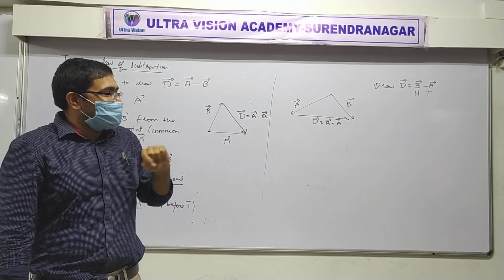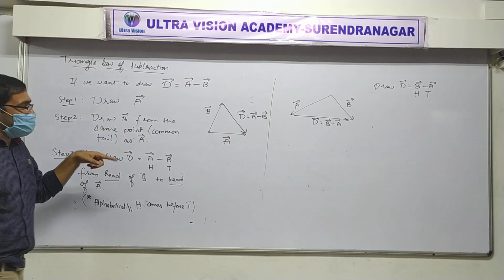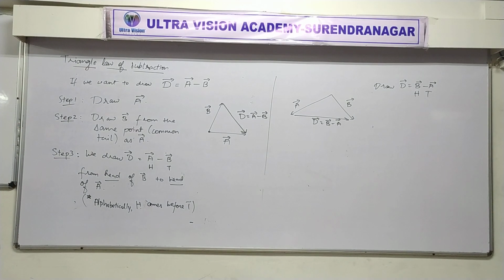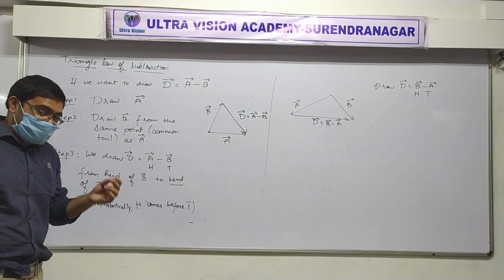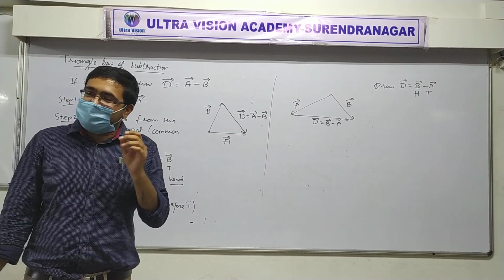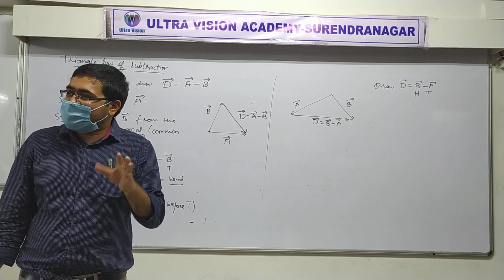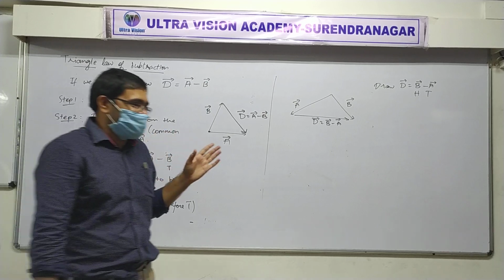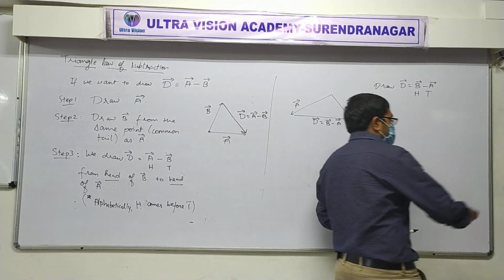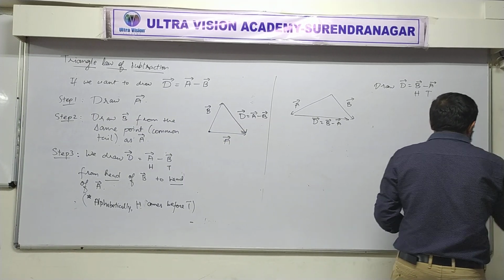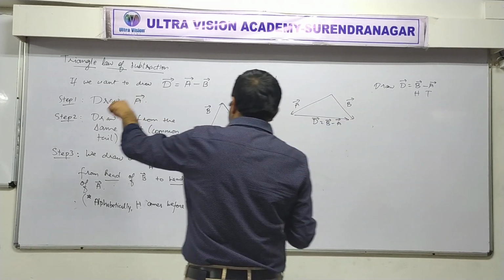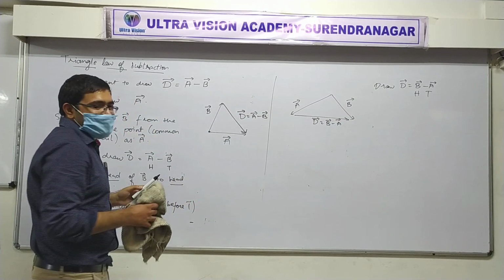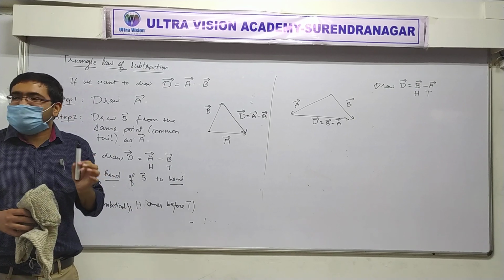Our way of subtraction. You see why it's called the triangle law of subtraction? Because in all these kinds of cases we are getting a triangle. There is a parallelogram law of subtraction also, but it is of no use for us. No need. This is it. The same thing in so many different ways. Okay, this is sufficient. Now why is something like this true? How can subtraction happen? That's what I will explain.